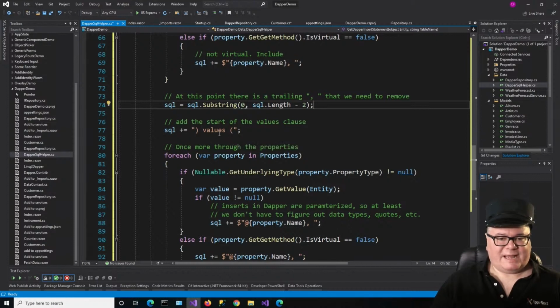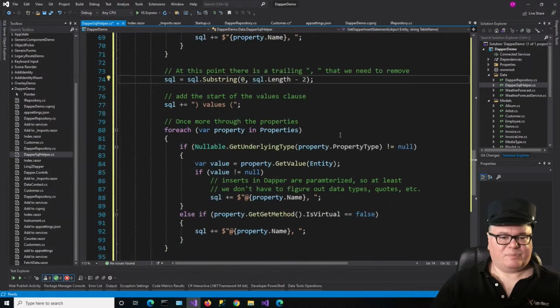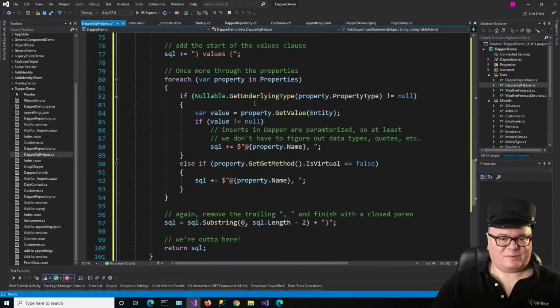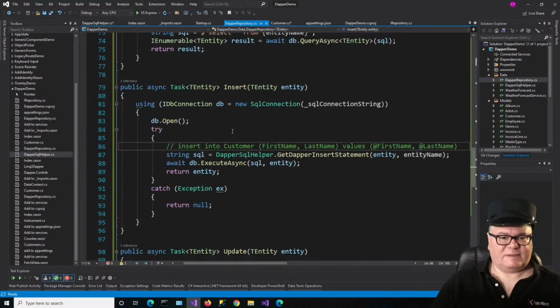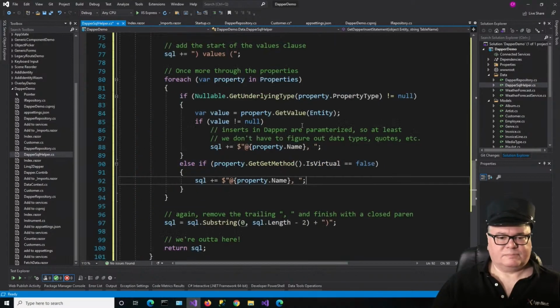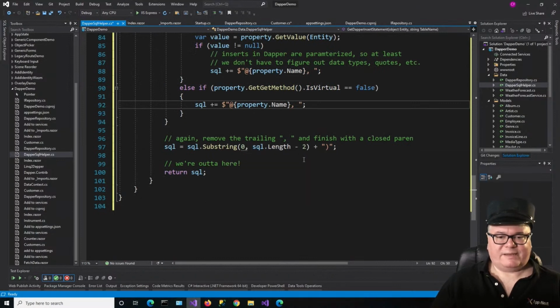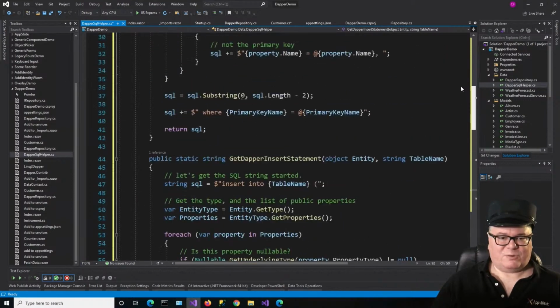And now we're going to add the start of the values clause. Close paren, values, open paren. And we go once more through the properties and we do our test again. And this time we're adding @property name. Remember, because what we want to end up with is this: insert into customer, first name, last name, all of the properties, values, @first name, @last name, right? So again, we remove the trailing comma and space and then add a close parenthesis. Now the insert, we only have to go once through,